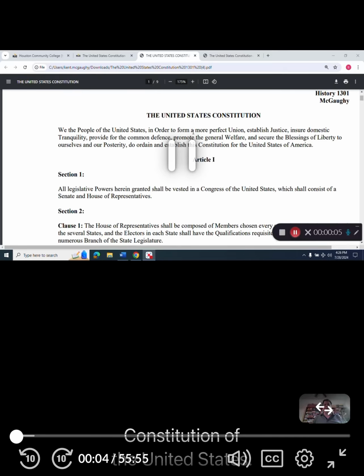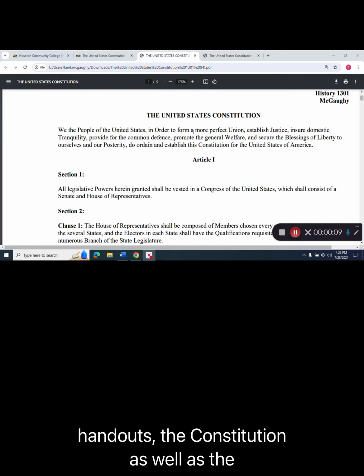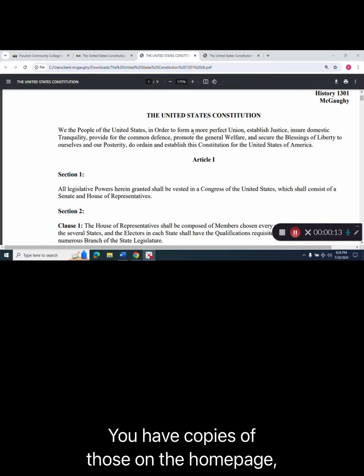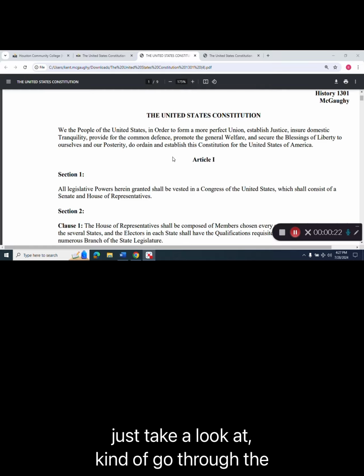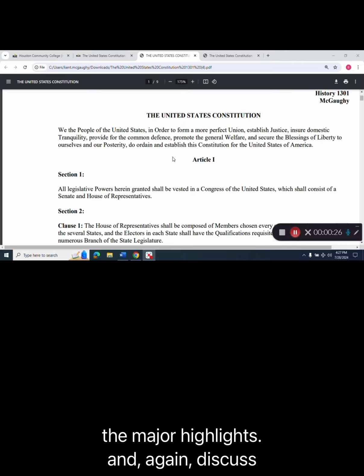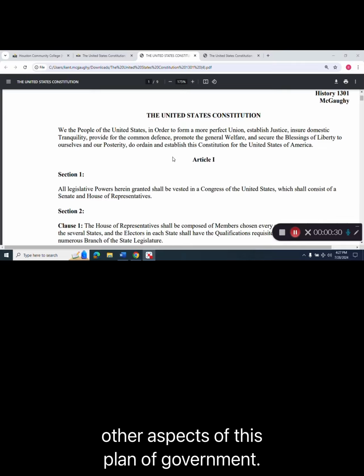Take a look at the Constitution of the United States. Again, you're going to find these handouts, the Constitution as well as the Constitution as a bundle of compromises. You have copies of those on the campus homepage for this course. What we're going to do is go through the Constitution and take a look at some of the major highlights, and again discuss other aspects of this plan of